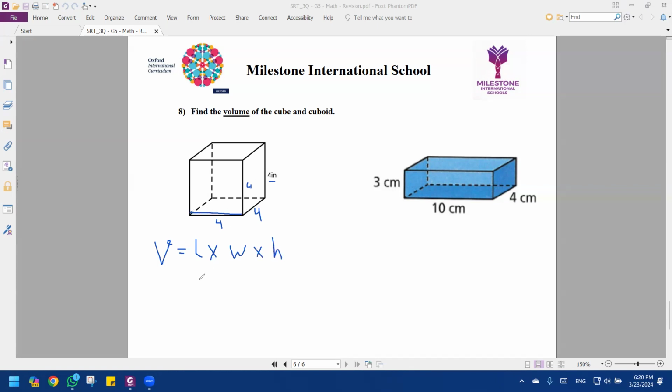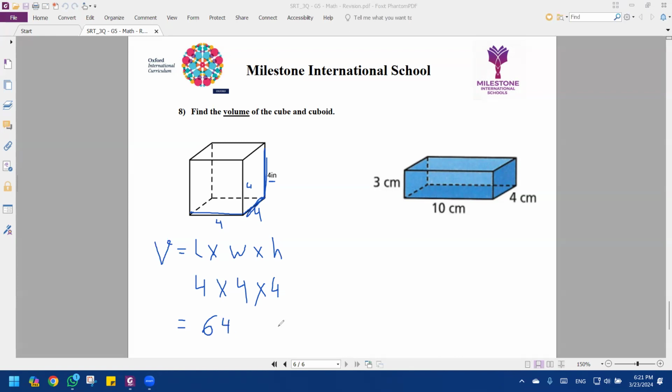Length, which is 4, times the width here, which is 4, times the height, which is also 4. Why? Because, as we said, it's multiple of squares, so all the sides are equal, 4, 4, 4. 4 times 4, 16. 16 times 4,